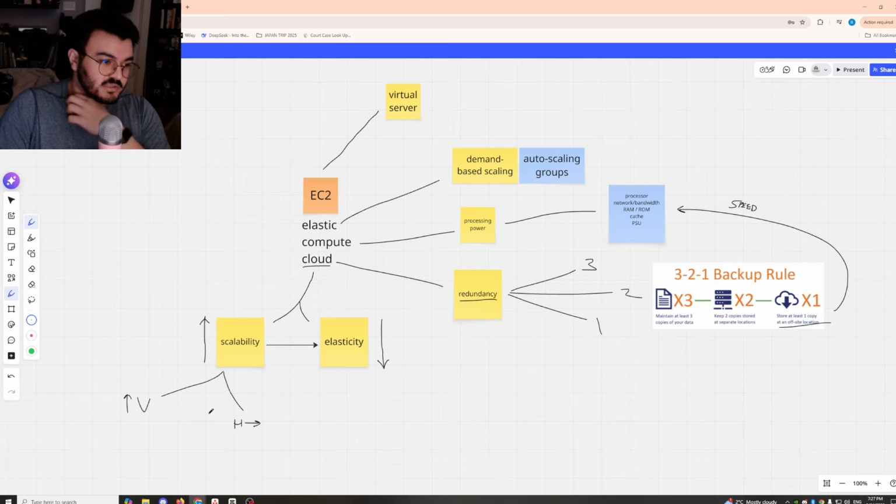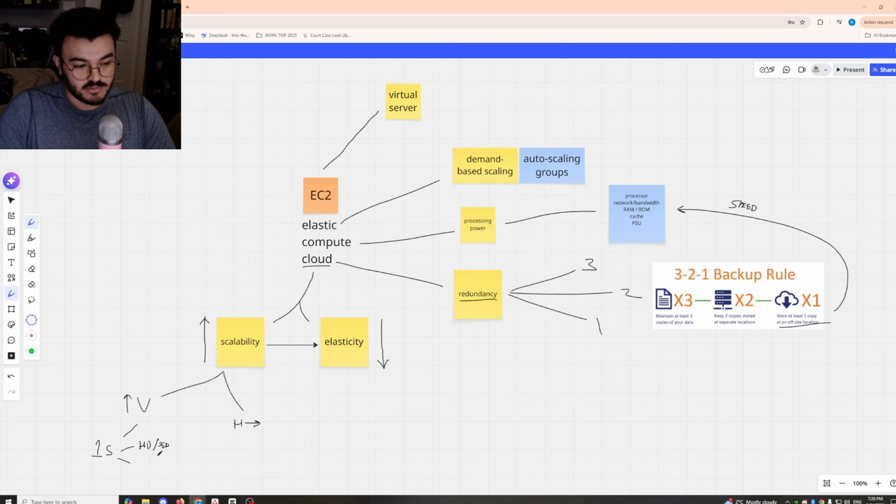Usually in a data center environment, vertical scaling means, okay, I have one server and I can give it more hard drives or solid state drives if that's what's current.